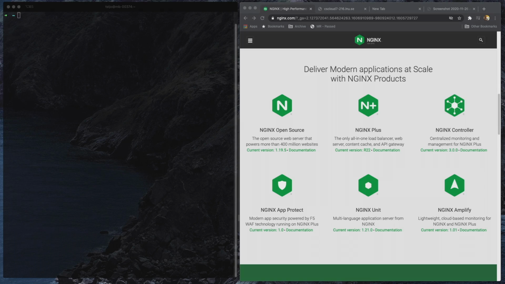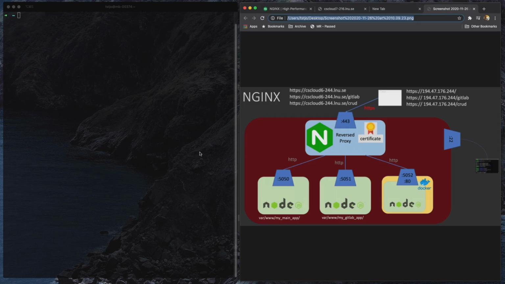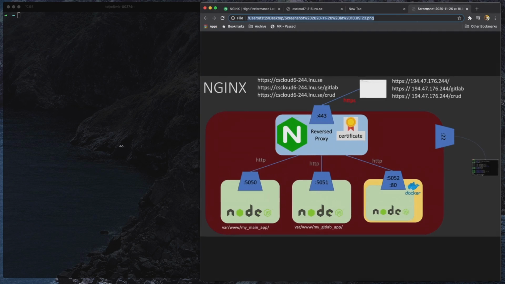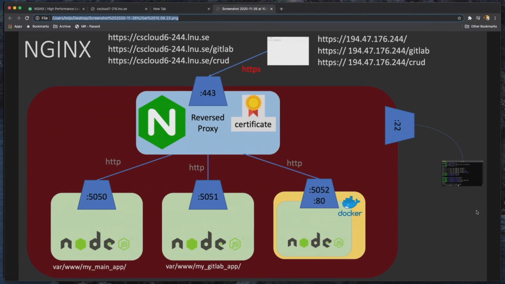In this demo, we will have a look at Nginx and using Nginx as a proxy or a reversed proxy in front of our server applications. So let's first off start by looking at the end goal. So this is kind of what we want to achieve